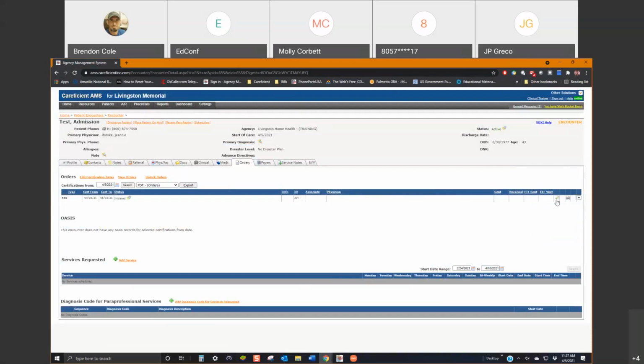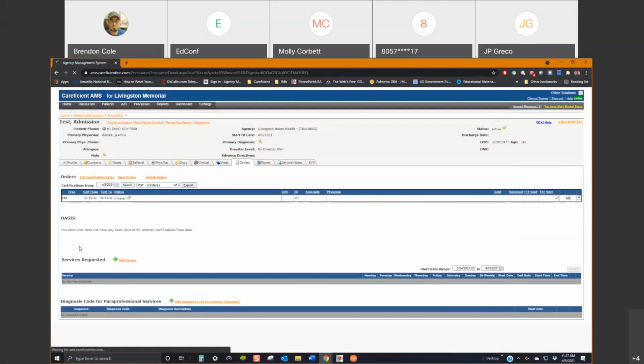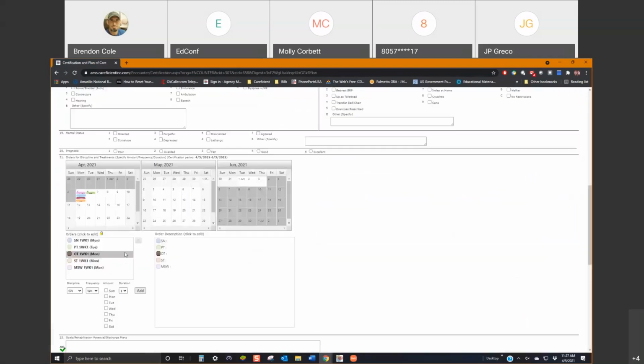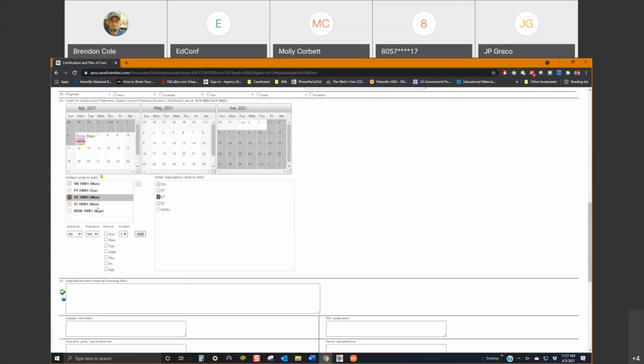If you were to plot a 1-week one directly inside a 485, then that's not an assessment service. That means that's all you're going to get is a 1 week one. Now, if you plot them as assessment services, that gives you the ability to assign that visit to a clinician. You can have a scheduling note attached to that service. You can have a service note attached to that service, and it will not lock down your frequencies and durations